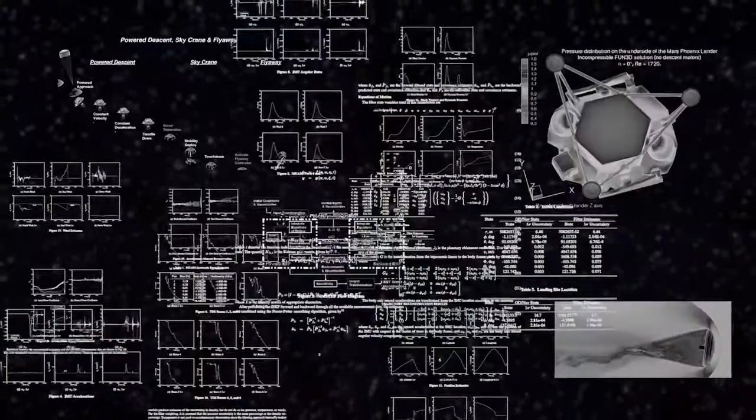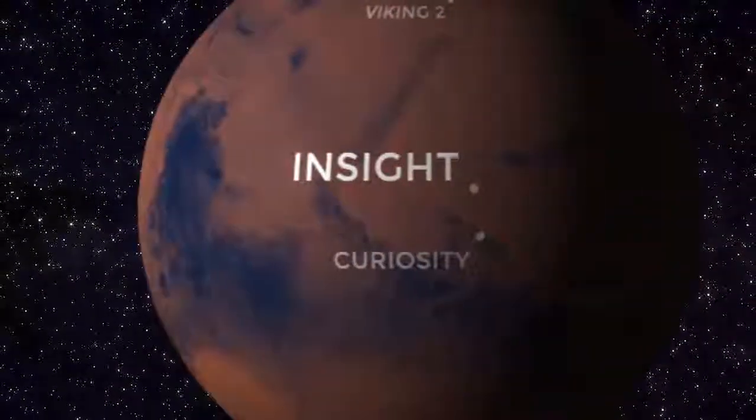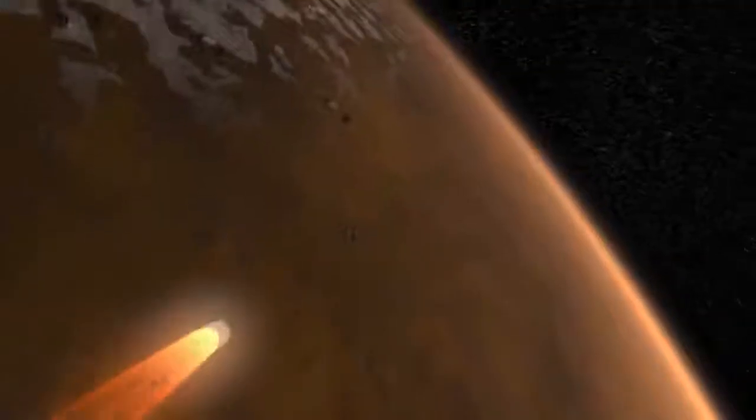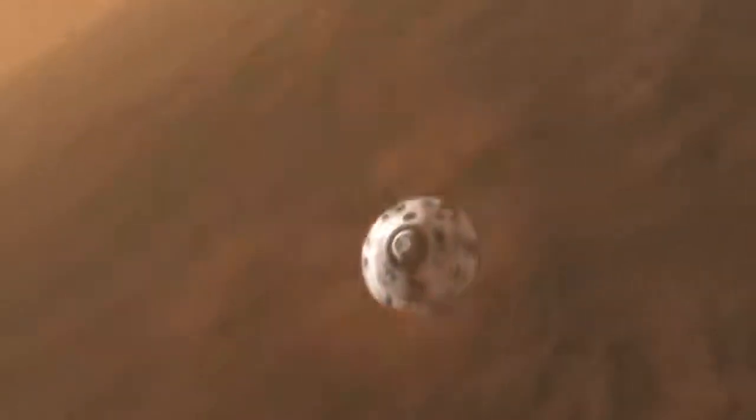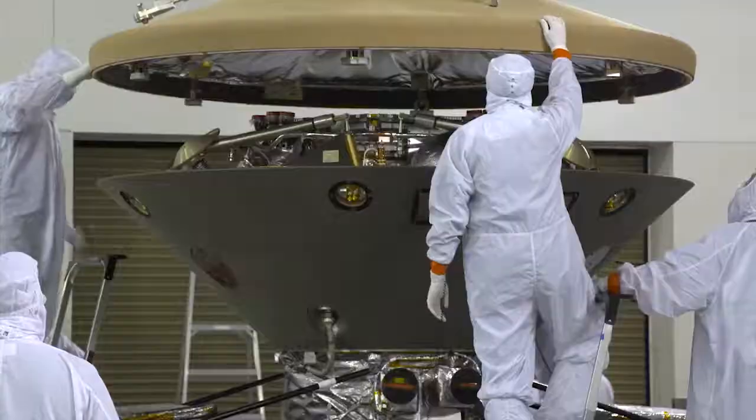And so what we do is we build computer-based simulations of the vehicle and the environment that they're flying in. So we develop the trajectories, and we feed back information to the project about where the vehicle's going to land, how hot it's going to get, how many G's it's going to pull, all kinds of things you need to know to assess flight performance, or how well a vehicle is doing, or how well a vehicle landed. And those are all the information that we give back to the engineers, and they kind of use that to